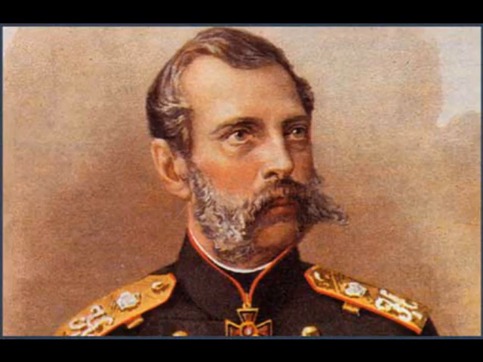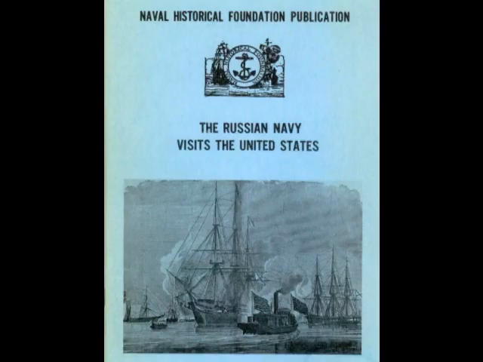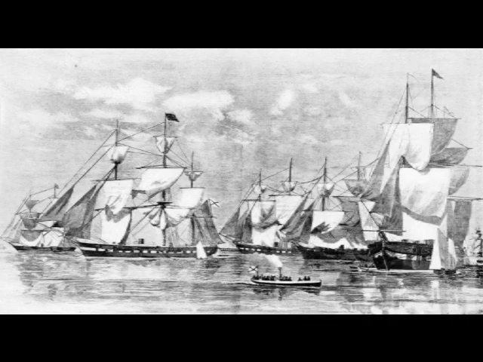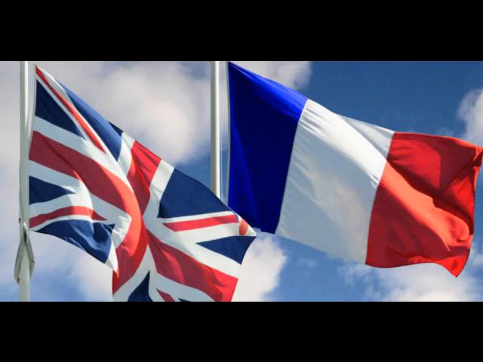With France and Britain coming dangerously close to both recognizing and aiding the South, it was Russia's pro-North Tsar Alexander II who tipped the balance the other way. After receiving information that England and France were plotting war to divide up the Russian Empire, Alexander ordered 2 Russian fleets to the United States in the fall of 1863. One anchored off the coast of Virginia, while the other rested at San Francisco. Both were in perfect position to attack British and French commerce shipping lines. No threats or ultimatums were made public, but it was clear that should war come, the Russian Navy was in a position to wreak havoc.